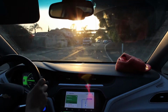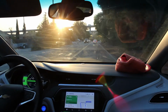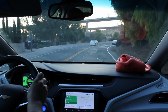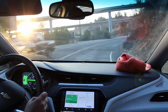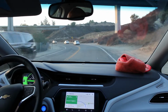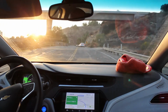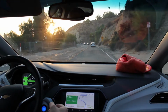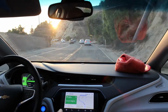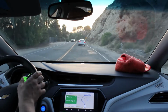Hey guys, so we're off on an adventure now. I'm hoping you can see the navigation screen right now. Where I'm heading is actually the Victorville Charger. So I guess this seems to be where most of my adventures begin. But you might notice that it keeps telling me to turn around and go back the way I'm coming, and it's 2 hours and 30 minutes to go 109 miles basically to the Victorville Charger,